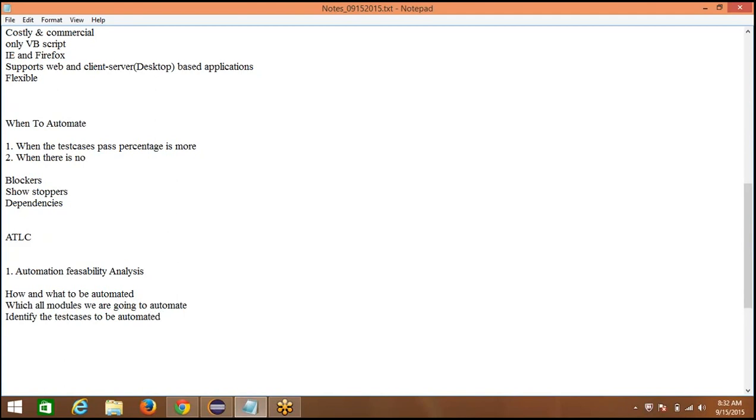Identification of test cases, in the sense, all manual test cases are not to be automated. Some manual test cases will be there, like those to find the look and feel of the application. Can the automation tool find the look and feel? It doesn't have any artificial intelligence, right? That's why we can't do those kinds of operations.